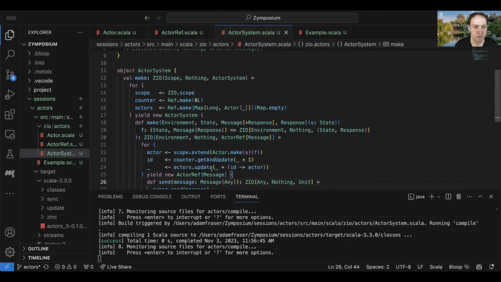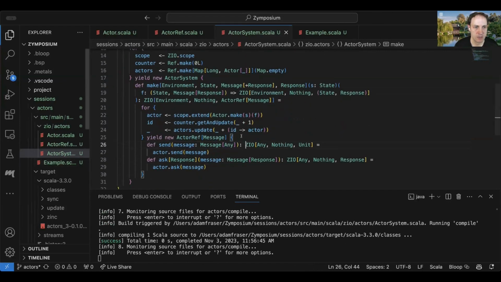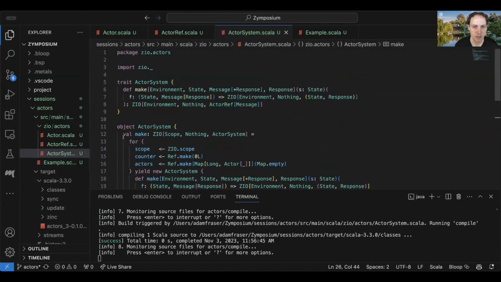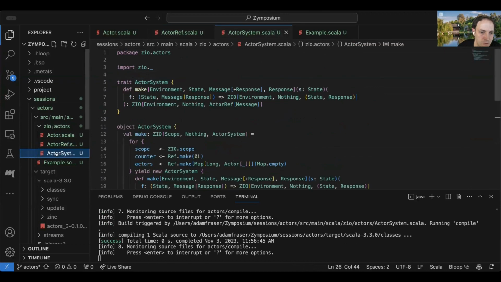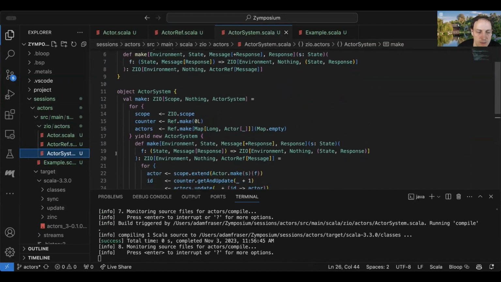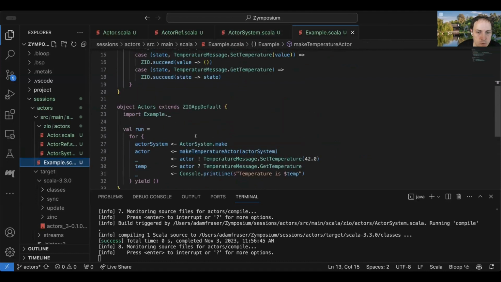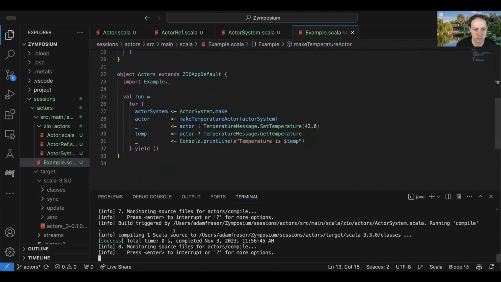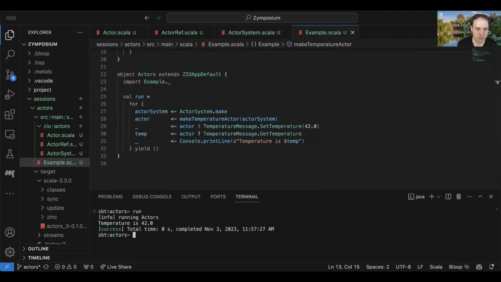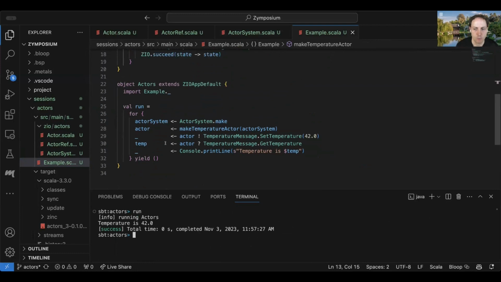But what it's doing now is you can see that in terms of the public API, the way you interact with these actors is through one of these actor refs versus through an actor directly. So that'll give us the ability to try to move to more of a distributed model without really changing the API here. And you can see that here, now instead of an actor, it's an actor ref, and otherwise this logic is essentially unchanged. And if I run this thing, it works exactly the same way.